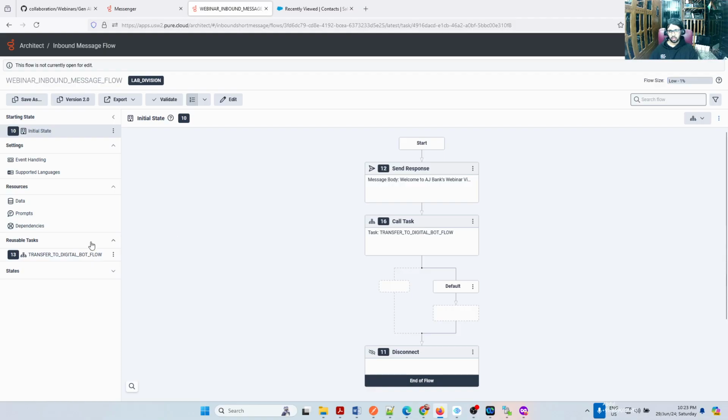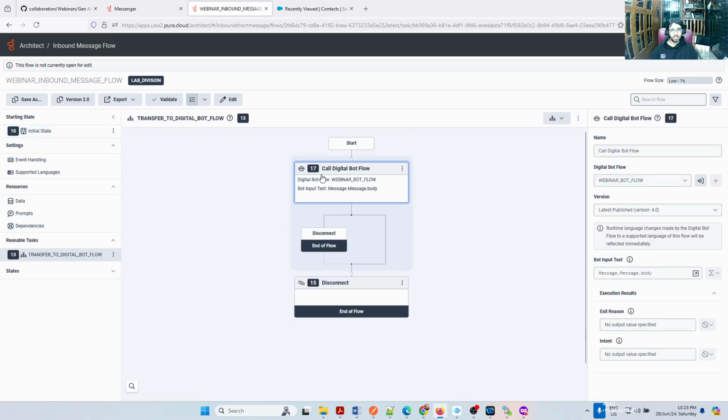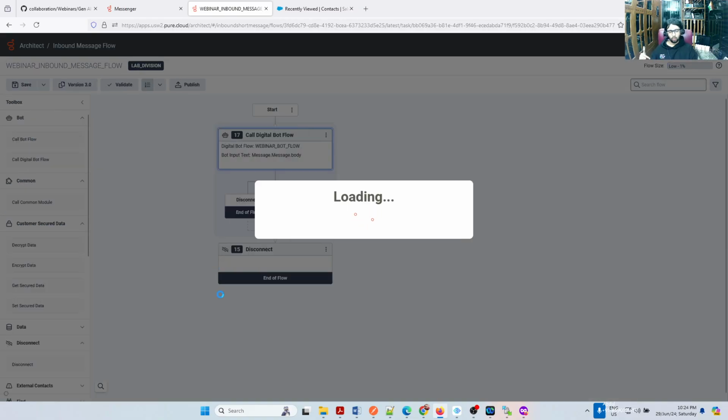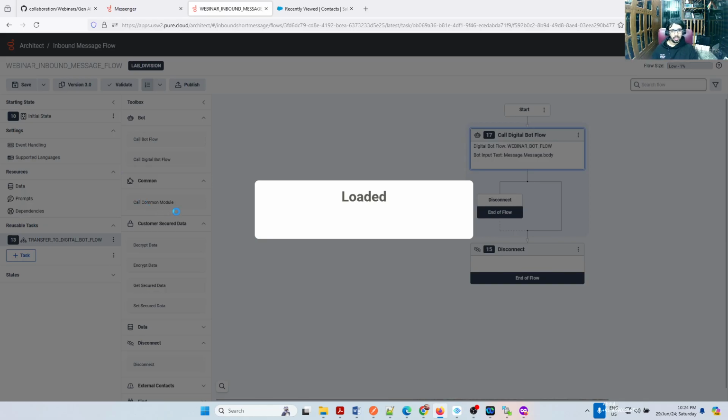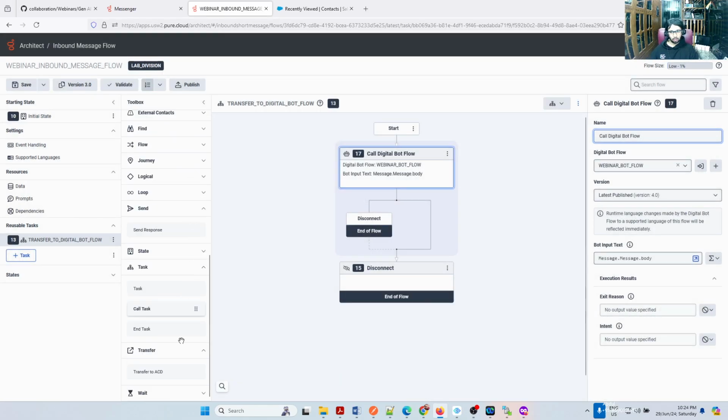Initial task, call task, and this is the transfer. So it's going to transfer to the ACD, right? But before disconnect, when the bot flow fails, it comes to this point again. And it starts from the place it's transferred. So this is the point we transfer to the bot flow. When the bot has an exception, it comes back to this particular arrow mark. In that arrow mark, it's good practice that I do one more agent transfer. So in the exception also, it goes to the agent. So let's do that. Then all our exceptions will be handled.